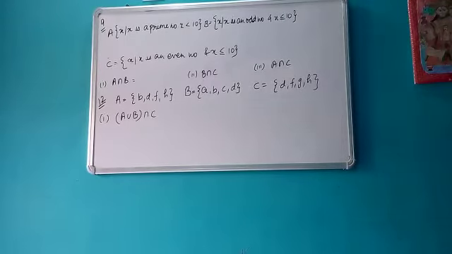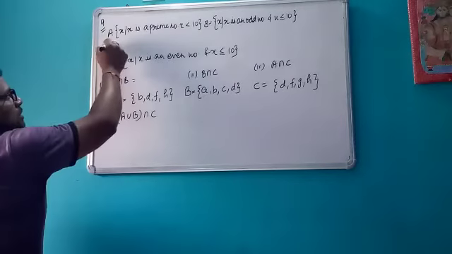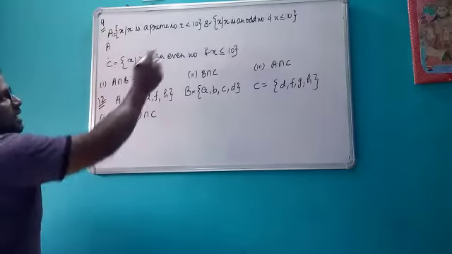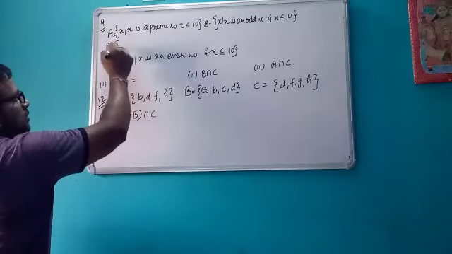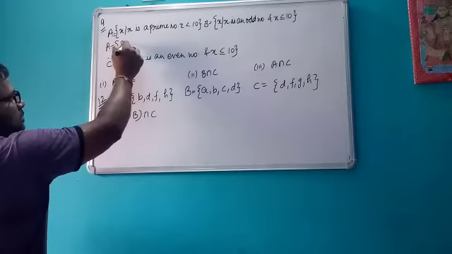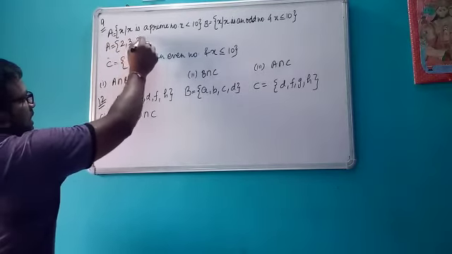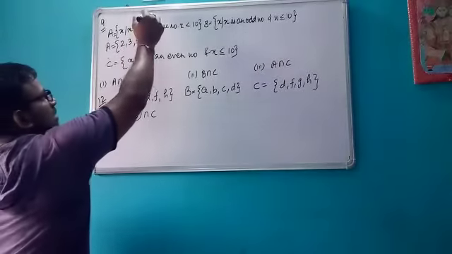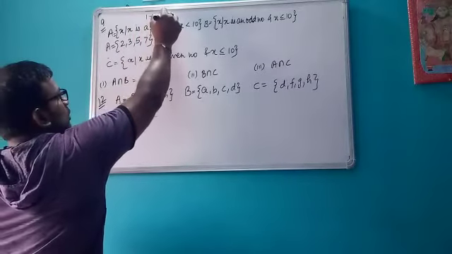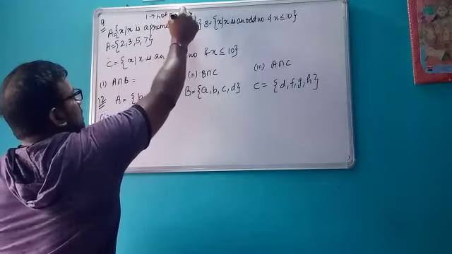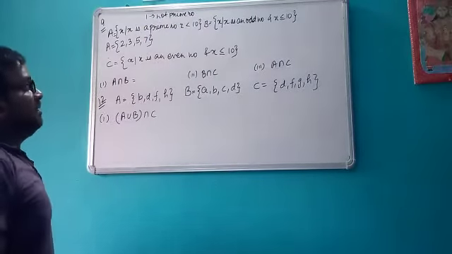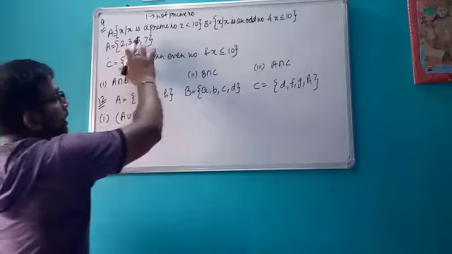Okay, let's discuss one more question. So A is a prime number and it is less than 10. So prime numbers less than 10, that is 2, 3, 5 and 7. Okay, remember this thing, 1 is not a prime number. Many times people write 1 as a prime number. Remember this always, 1 is not a prime number. The prime numbers start from 2 only.